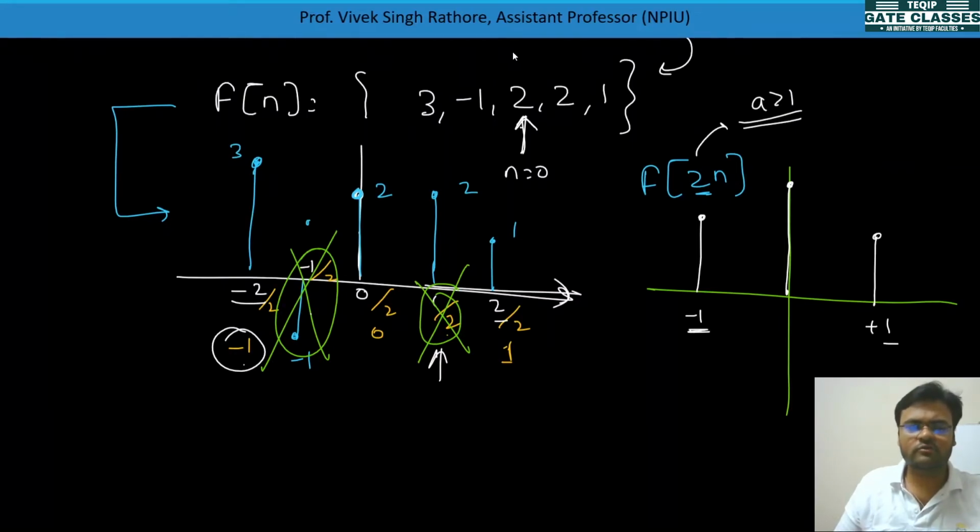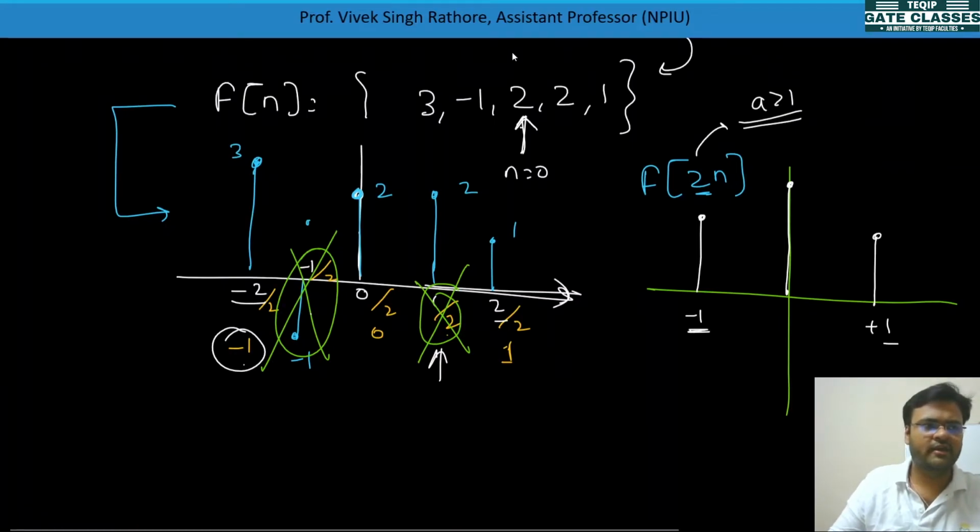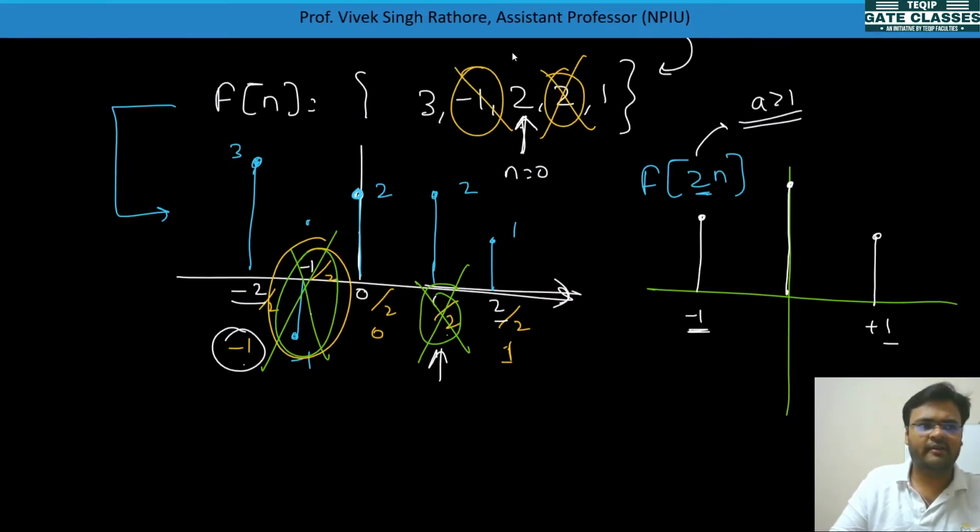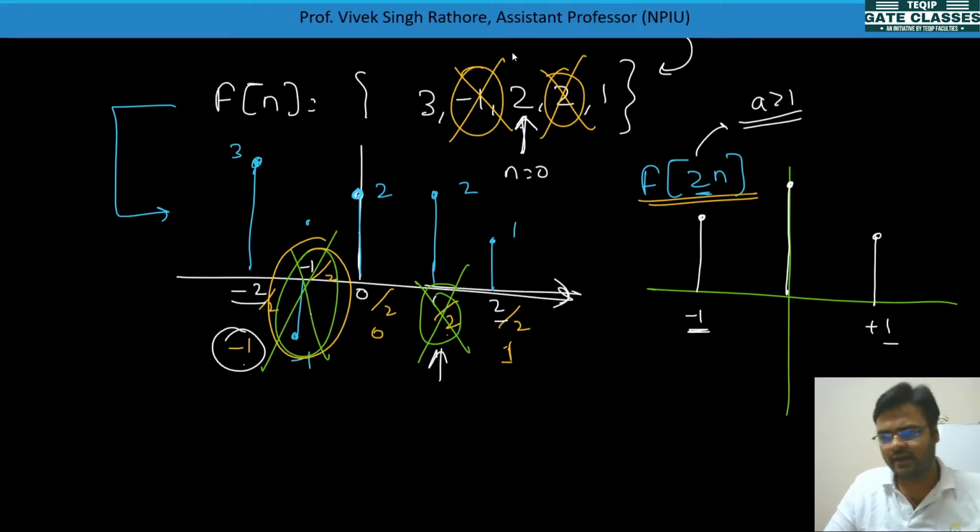But you can also note it down, or you can also see that some of the values are neglected, or they have been ignored in f(2n). So from this you can conclude that whenever we do compression, some values are neglected, some values are not taken, and this process will lead to loss of samples. Whenever we do f(an) with a greater than 1, we will get loss of samples, and this process is called